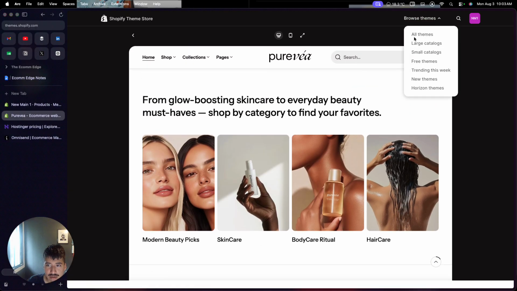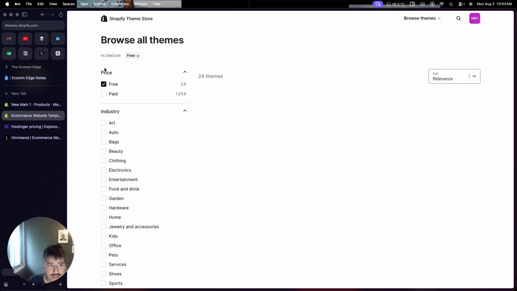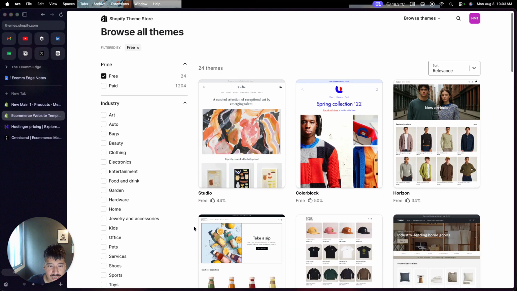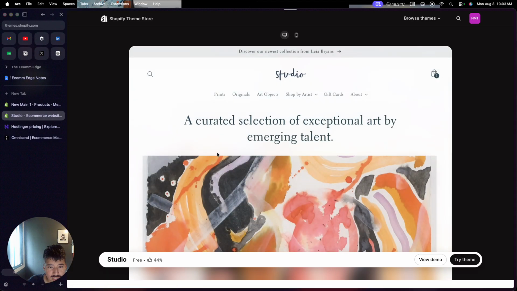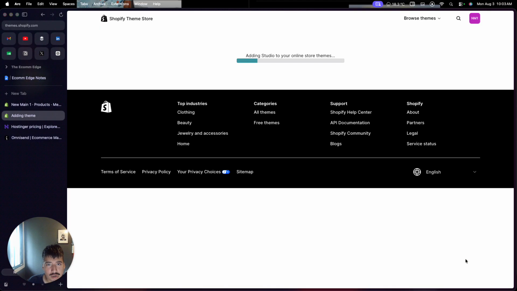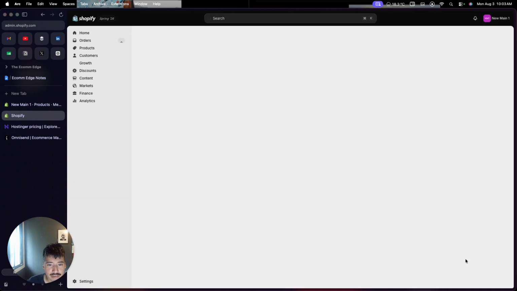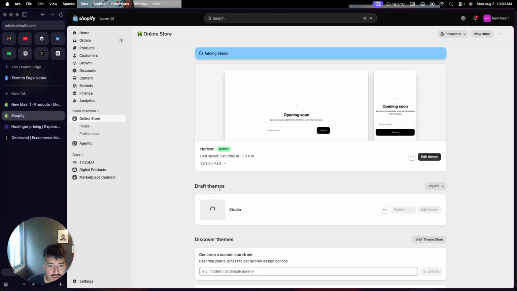We're gonna go back to all themes, click free, and let's see if we can find a fun theme for ourselves, right? I'm gonna just choose the studio one because it looks a little bit different. So we're gonna go ahead and just click try theme to add it to our Shopify account. All right, so we're almost there. And there we go. It's now added to our Shopify account, and it's now under a new section called draft